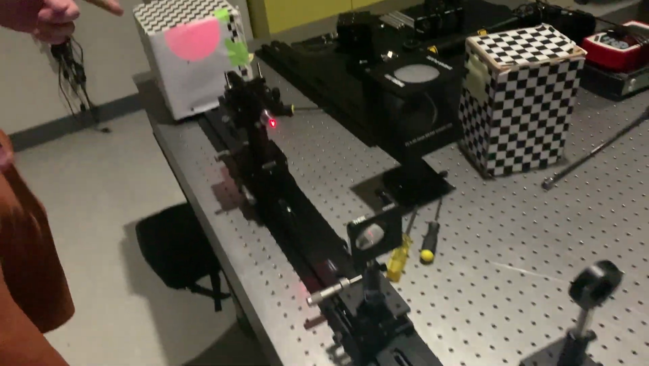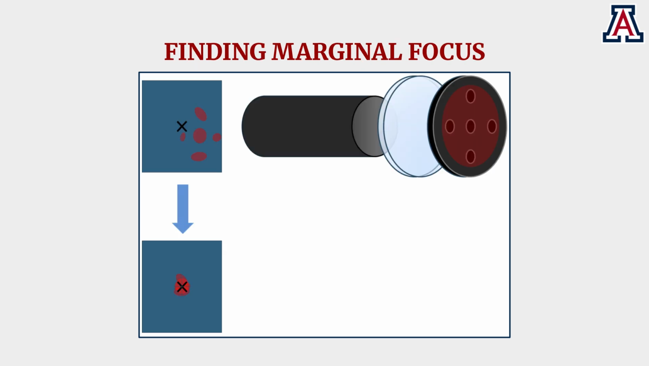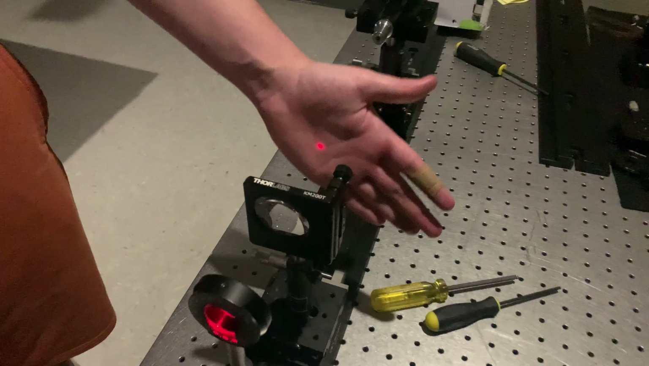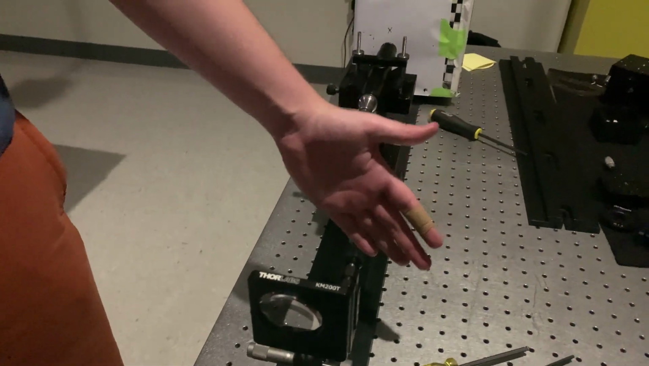aforementioned marked point. With everything aligned, the full system is assembled with the Hartmann mask placed before the second lens. This component will be key to quantifying the aberrations. To do this, shine the reflected collimated beam onto the mask with no holes obscured. Move the lens along the rail until the resulting array of beams converge to a point at the entrance of